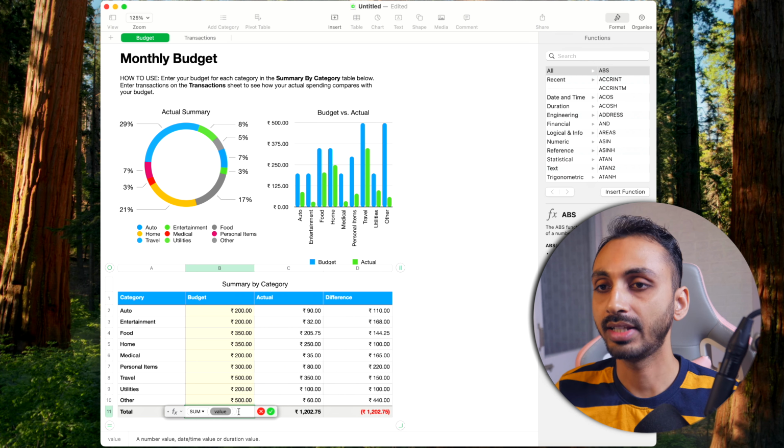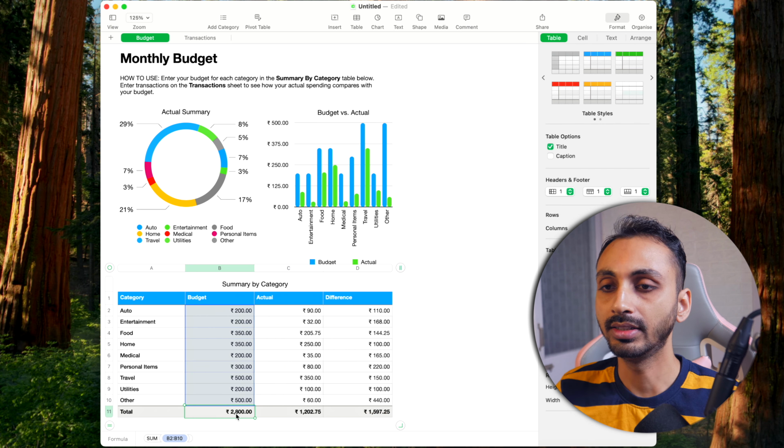To enter the values you don't have to do anything special. You simply select the cell from where you want to add, hold the shift key and drag it like this. So basically we are selecting all the cells which we want to add, and once that is done simply hit enter or click on this done check mark, and this will add the sum formula here and show the sum of all these values vertically. Let me show that again.